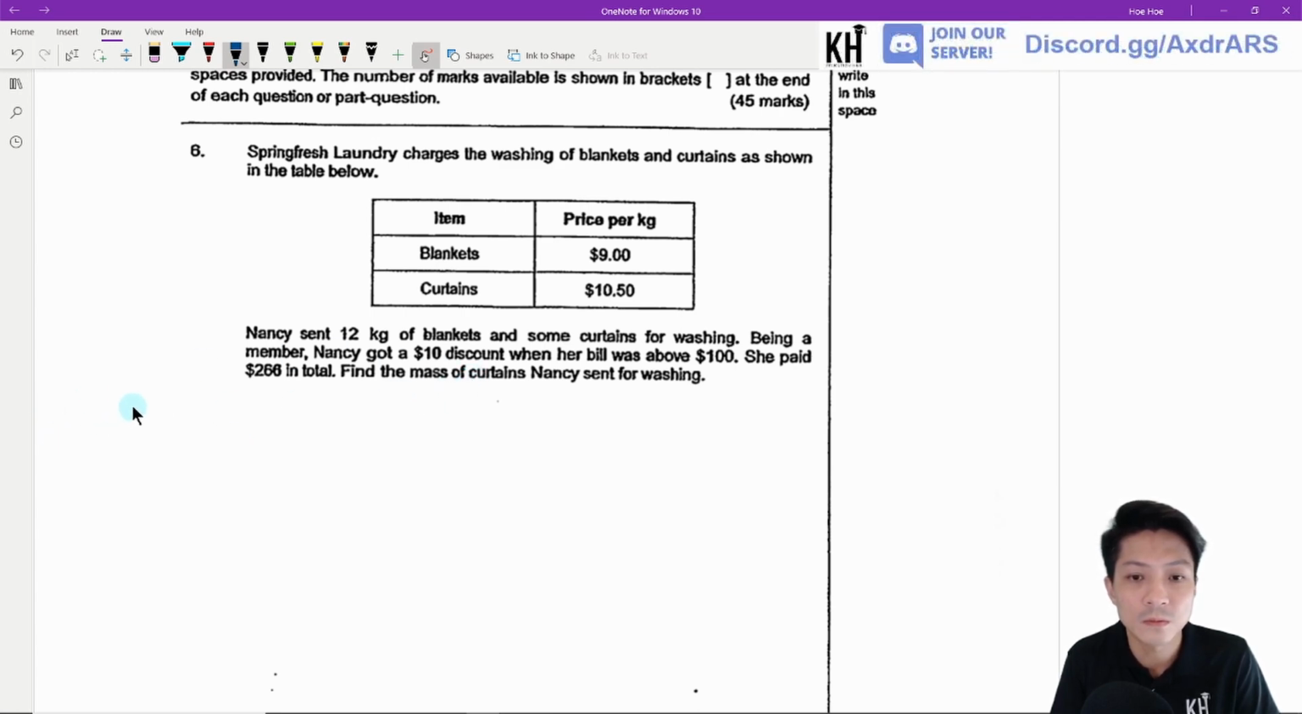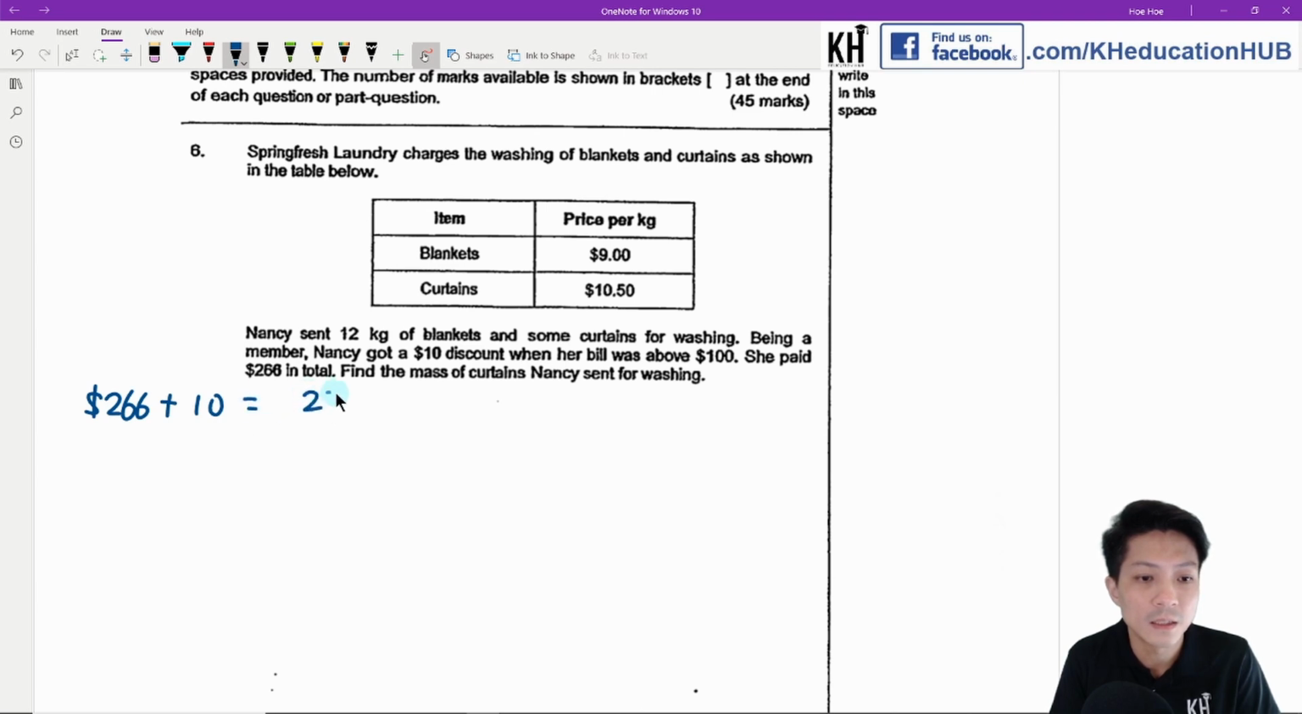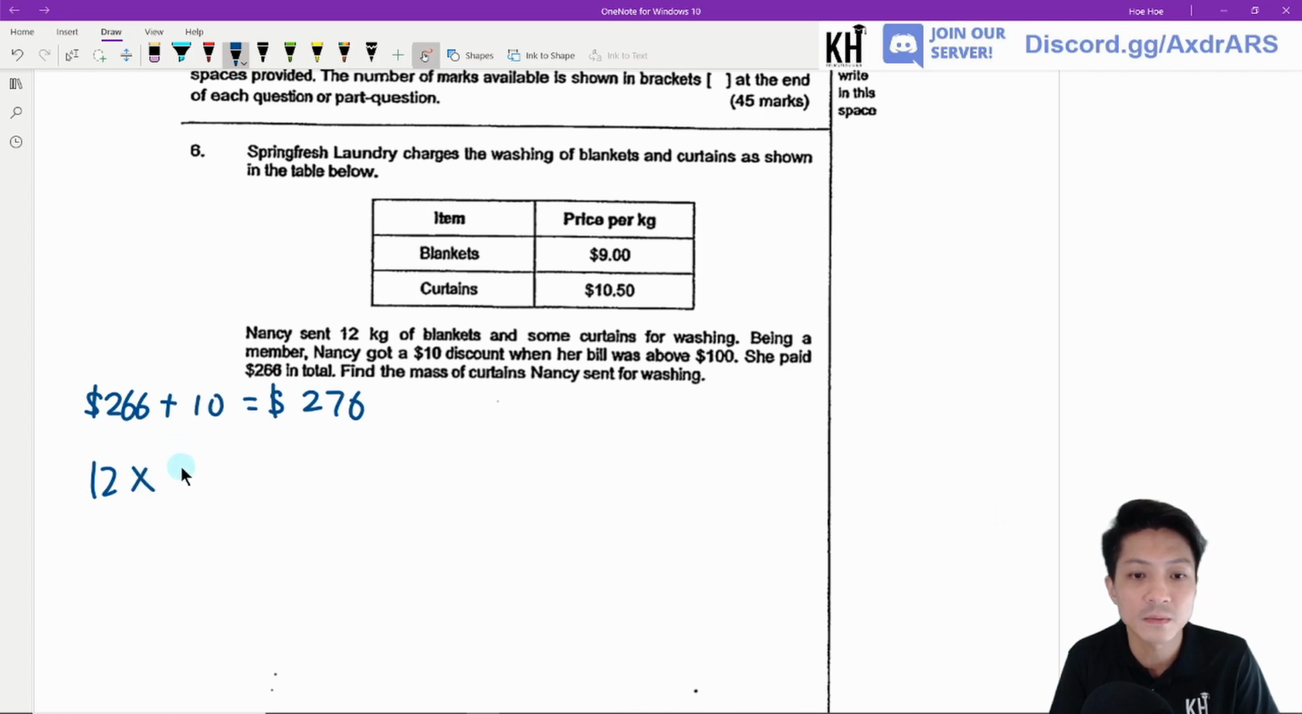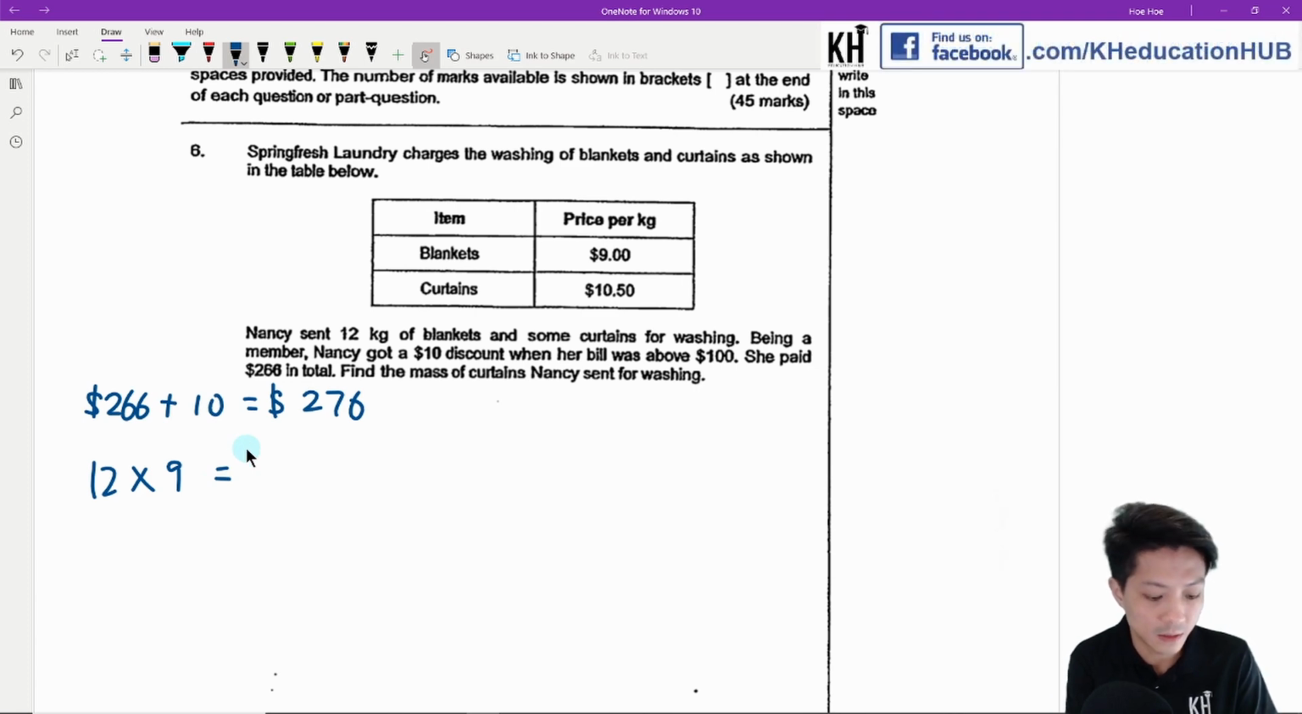Okay, so the first step would be to use 266 plus 10. Okay, that means this is the before discount. Okay, then next step would be to find out the 12 kg of blankets. Okay, cost how much? So 12 times 9